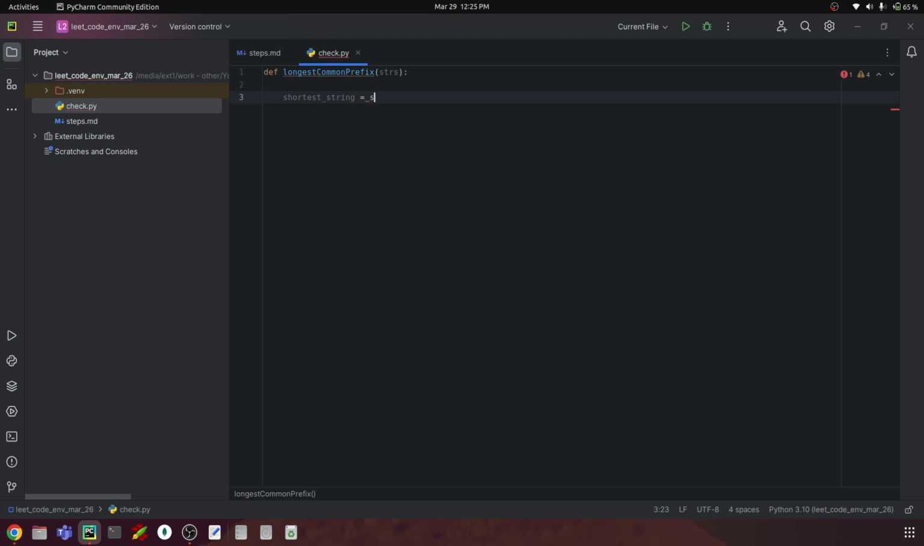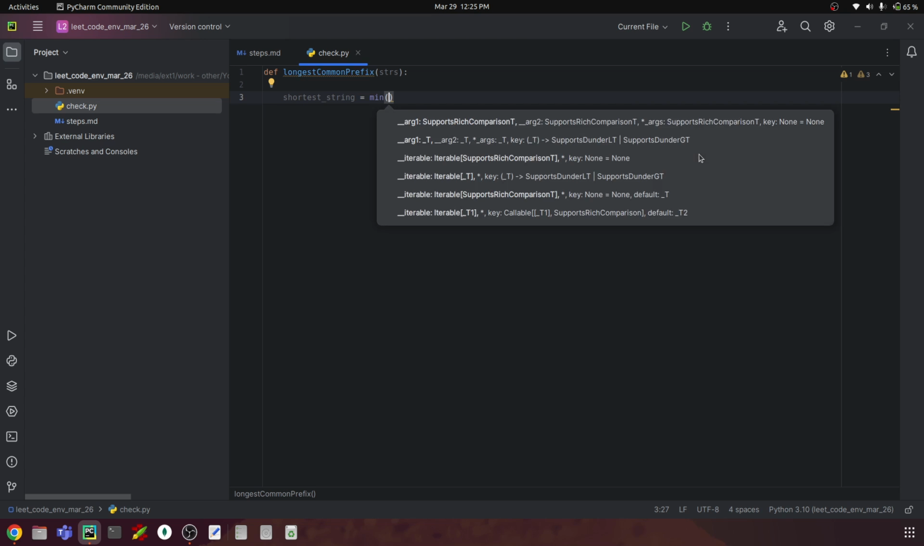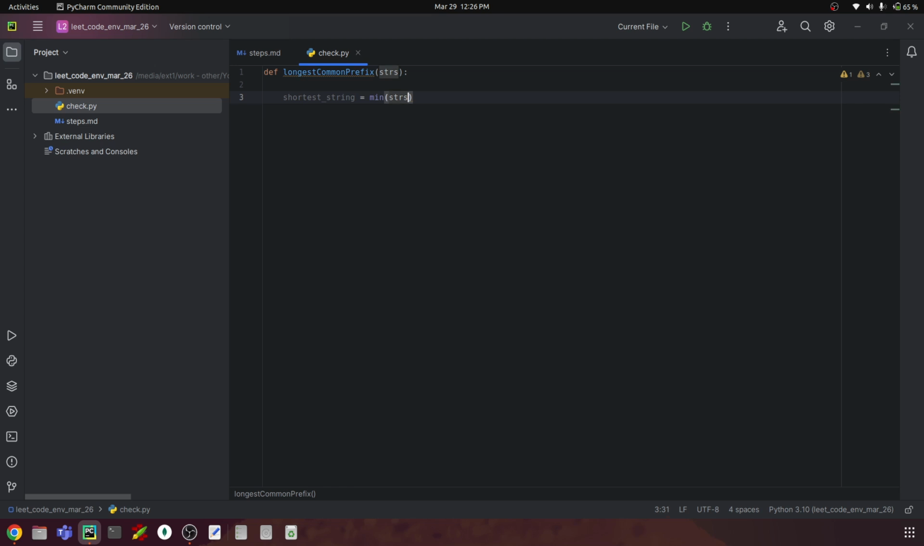Shortest string is equal to strs. Okay, I can use this minimum, which is a built-in function in Python, and I'll say strs comma p is equal to len. Okay, so this is what we are doing. Minimum is a built-in function that finds, if you pass a list or any iterable object, in this case a list,